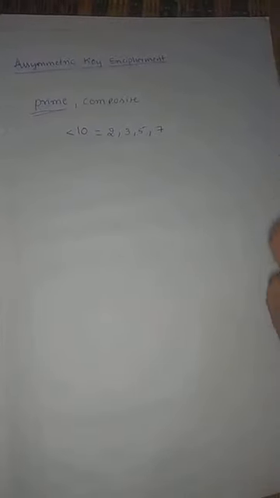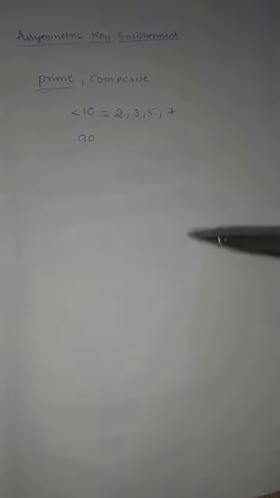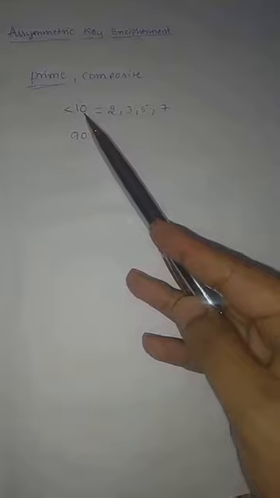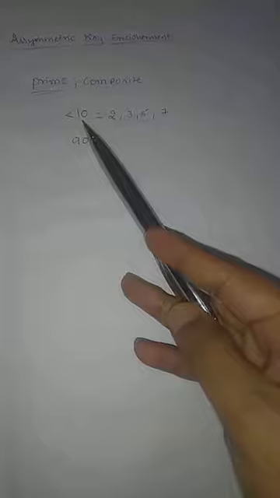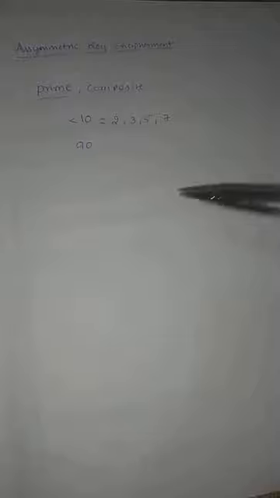Now the question is, what if the number is more? Suppose let me go for a value called 90. How will you find whether 90 is a prime number or not? You can identify 10. If you identify 10, how is it a prime number? It is very easy because 10 is divisible by other values like 2, 5, many values. 2 fives are 10, 5 twos are 10. Easily you can identify. So the number is quite easy, but there are some numbers which are much more complicated. For that, we need to learn some methods.